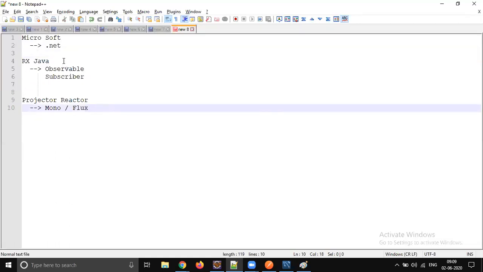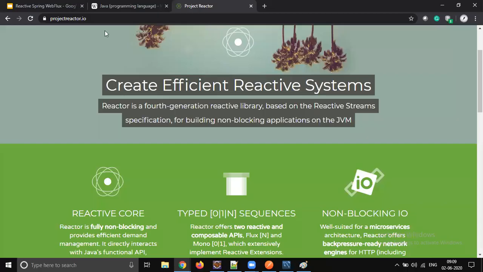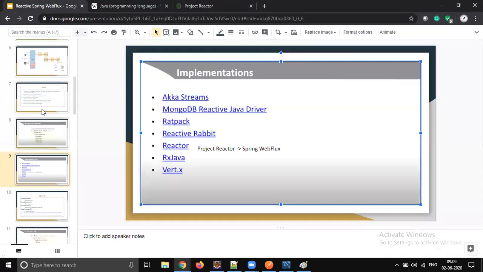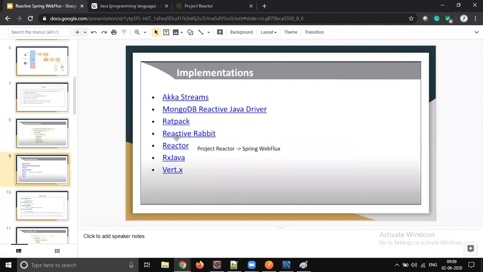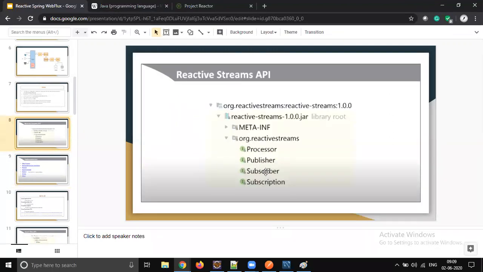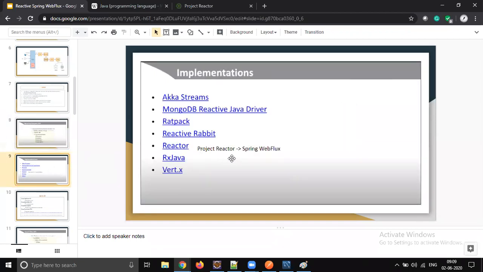So now it's completely outside of Oracle JDK, and it's going to be a third-party library, and we have different implementations and different methods, right? At least the one common thing is, if you learn publisher, subscriber, subscription, processor, you can get some idea about Project Reactor and RxJava. So this is what we have with JDK 1.8.